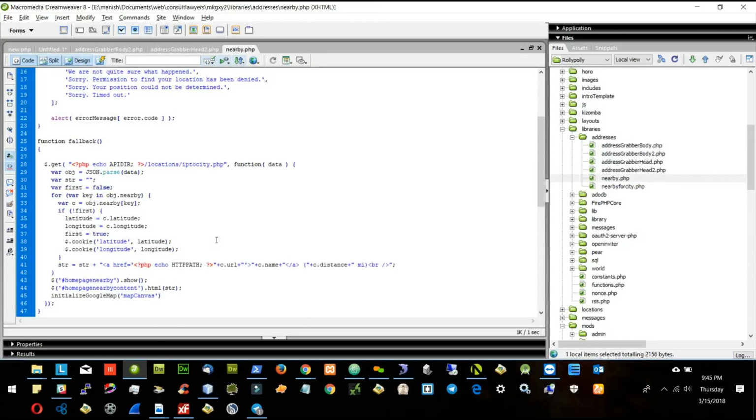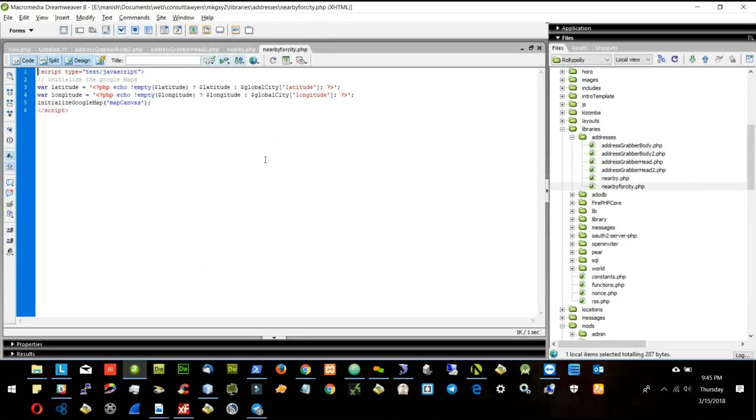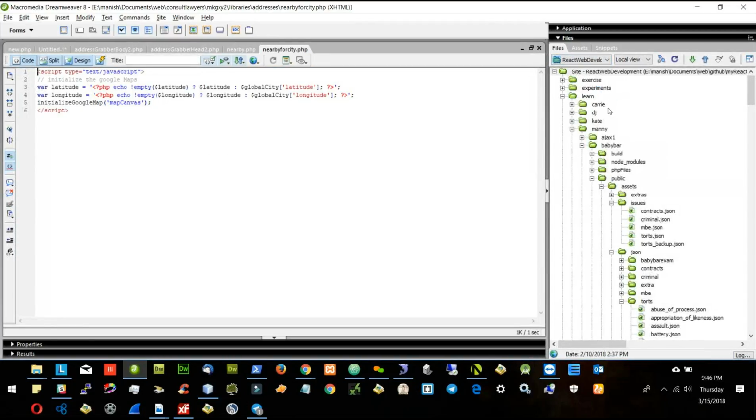This is nearby. This is nearby for city. Okay, I don't want to go more on it. Let's try to integrate now. I will also take